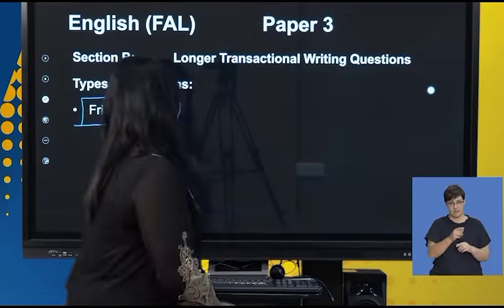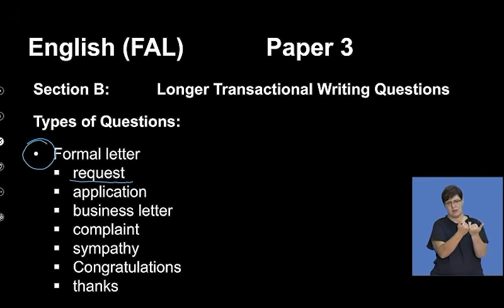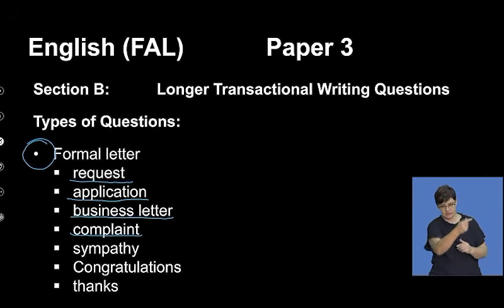Okay, so we have the formal letter, and the formal letter is made up of different types of formal letters. You have a letter of request, where you could send a letter of request to a company requesting more information. You have a letter of application. It could be a letter accompanying your CV. You have a business letter, a formal business letter that you would write from one company to another company. A letter of complaint. I know you guys love this letter. The letter of complaint is obviously about a product or a service that you were dissatisfied with. It could range from a whole lot of things,